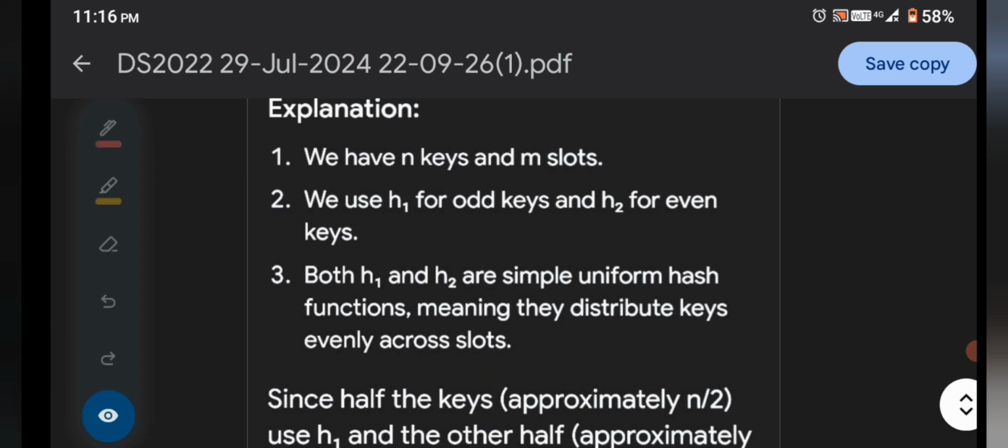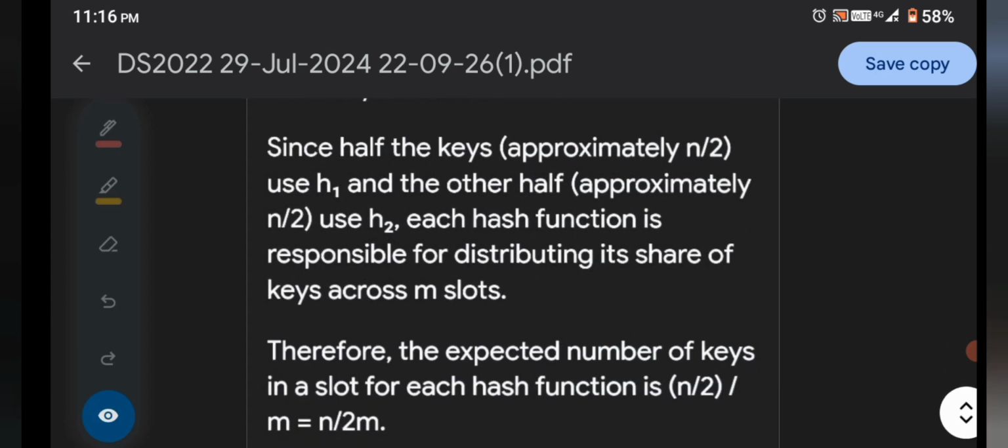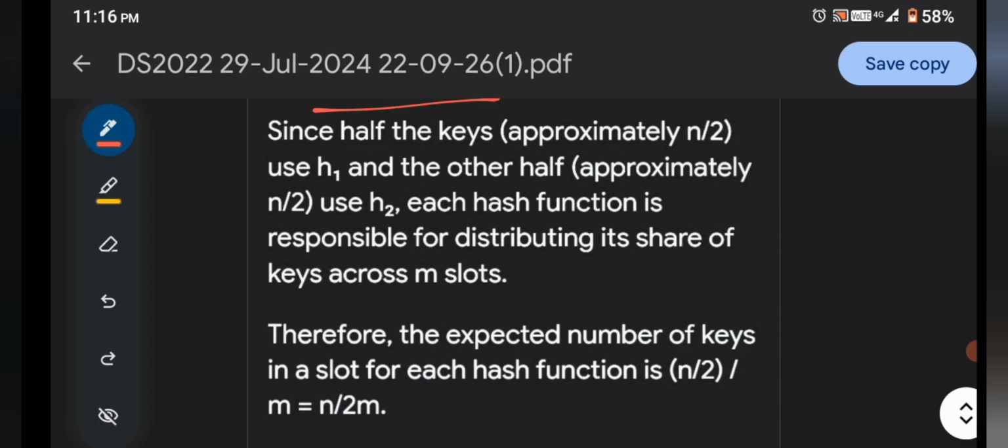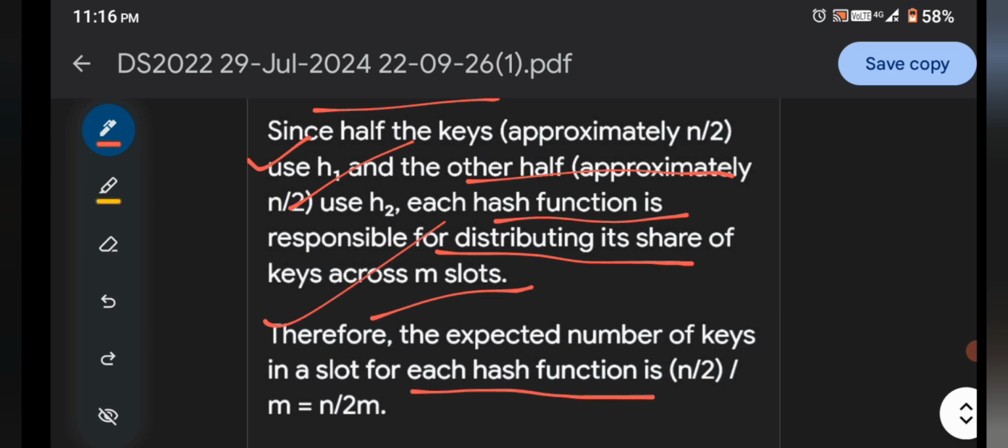Since half of the keys, approximately n by 2, are used by h1 and the other half are used by h2, each hash function is responsible for distributing its share of keys across the m slots. Therefore, the expected number of keys per slot for each is n by 2 divided by m, that is n by 2m.